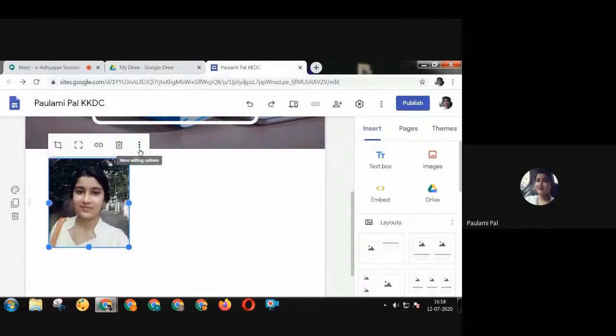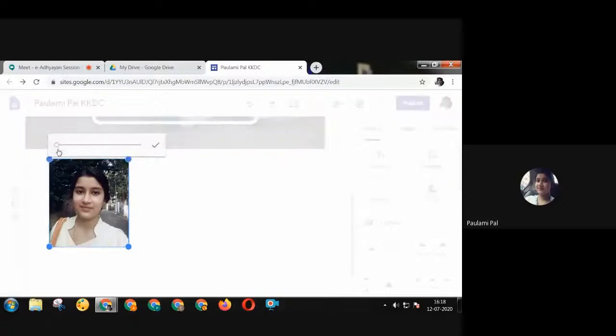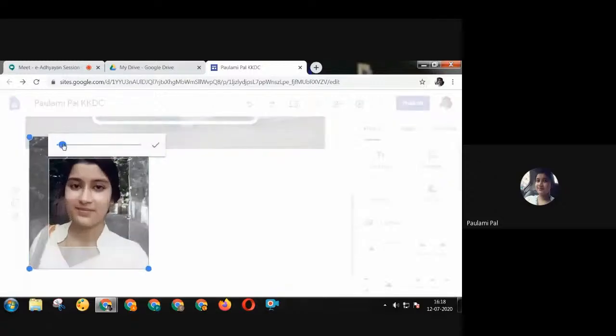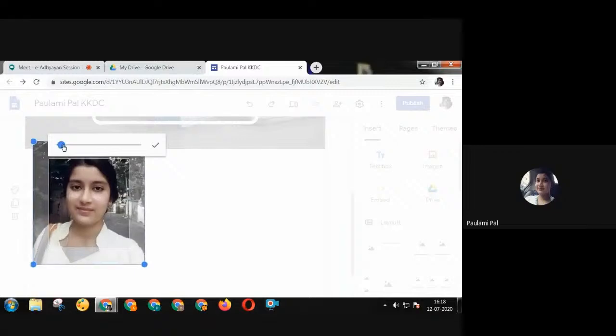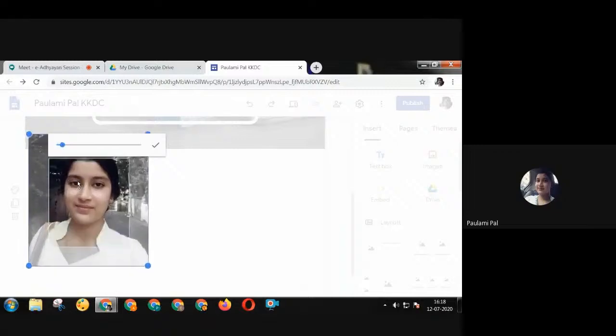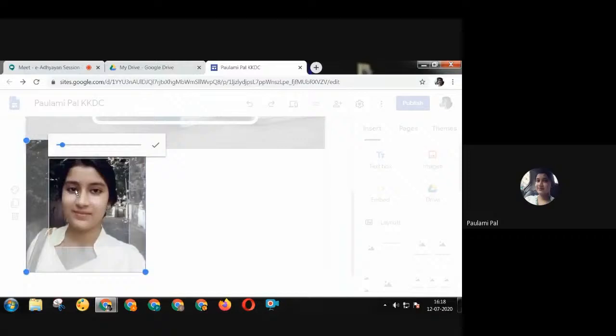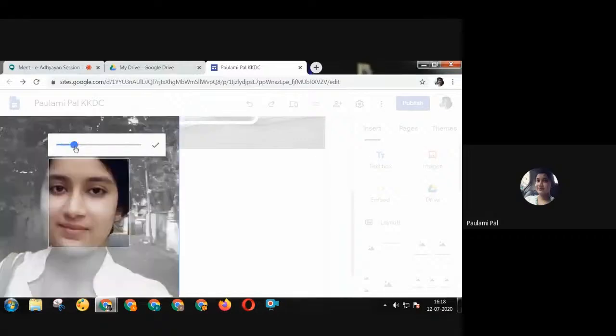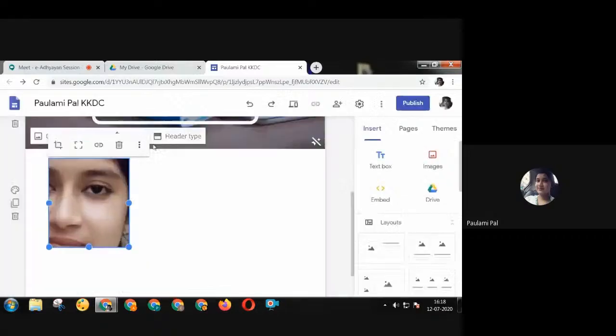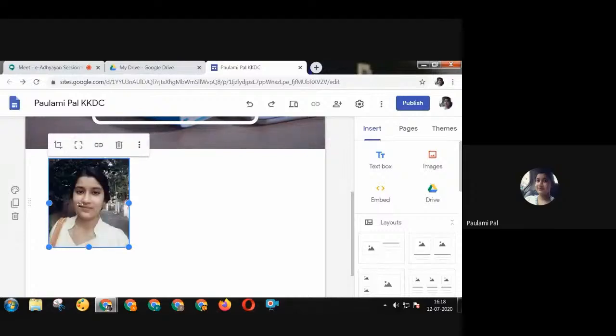We will explore them. Like the first option is to crop. We can just click on the slider and crop the image. We can move up and down if you wish. Let's just crop it. Now you can see only my eyes. The next option is uncrop. If you click this, I will get back the original picture. The next option is